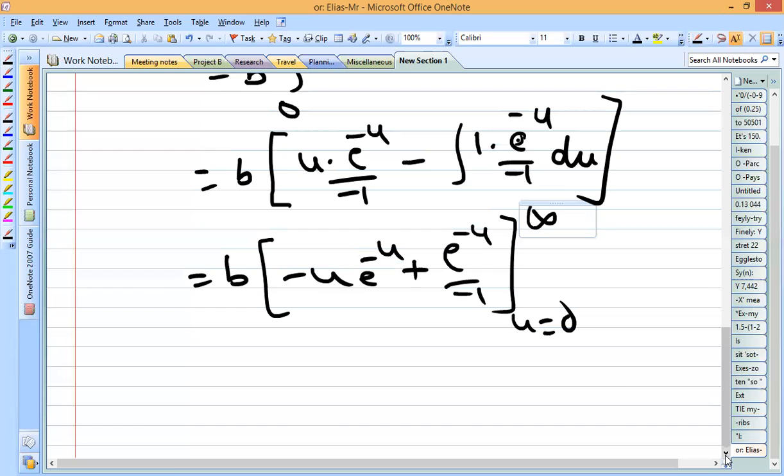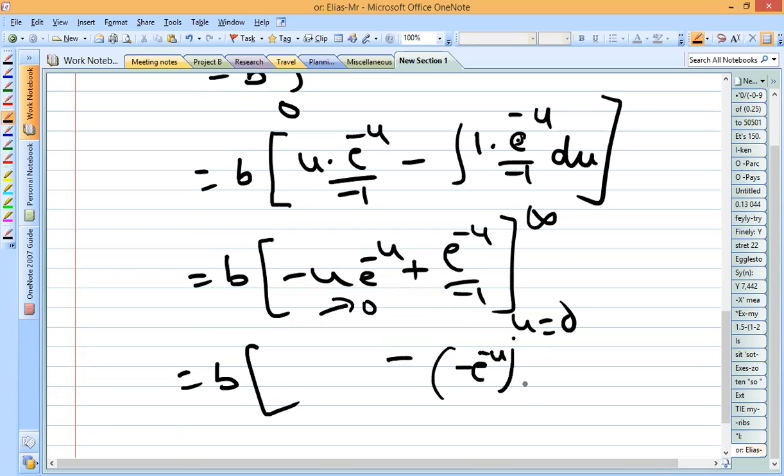Suppose if you substitute the upper limit, b will be there here. So e to the power minus infinity will be nothing but 0. Here also e to the power minus infinity will be there, so 1 by infinity will be 0. Next, when you substitute the lower limit, the first term will be 0. When you substitute 0 here, e to the power minus 0 or e to the power 0 will be 1. And here minus sign will be there. So minus into minus, when you substitute u is equal to 0, that will be equal to plus 1.